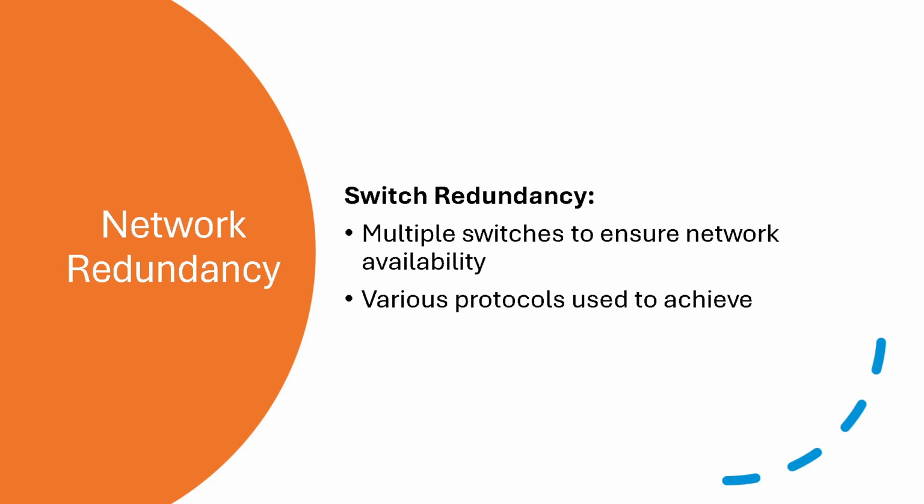Switch redundancy. Switch redundancy involves using multiple switches to ensure network availability in case of a switch failure. This can be achieved through various protocols and architectures. Some of them are the Spanning Tree Protocol, or STP, which prevents loops in a network while it works by blocking some paths and using them only when the primary path fails. VSS, a virtual switching system, combines two physical switches into a single logical switch, providing redundancy and increased